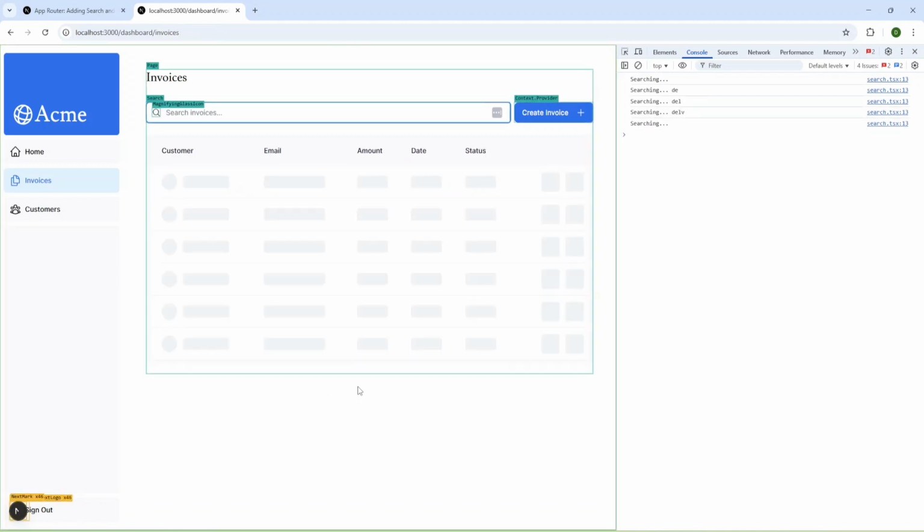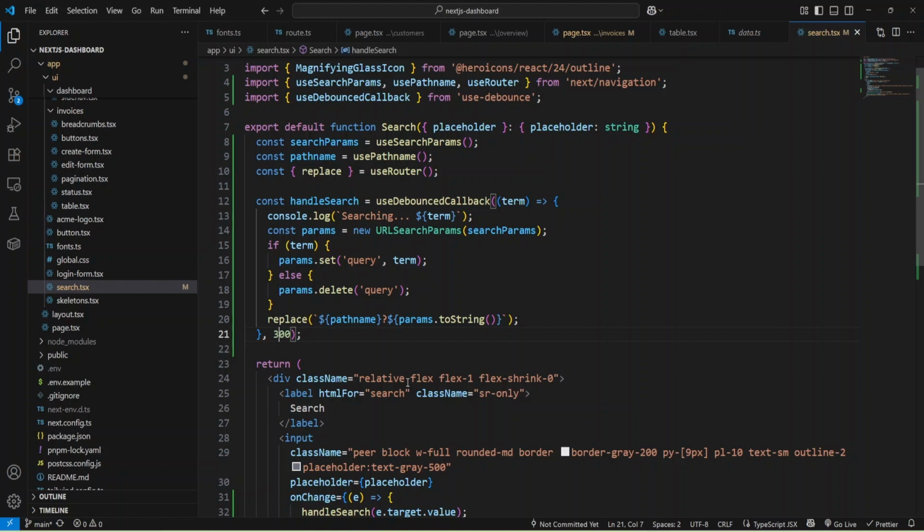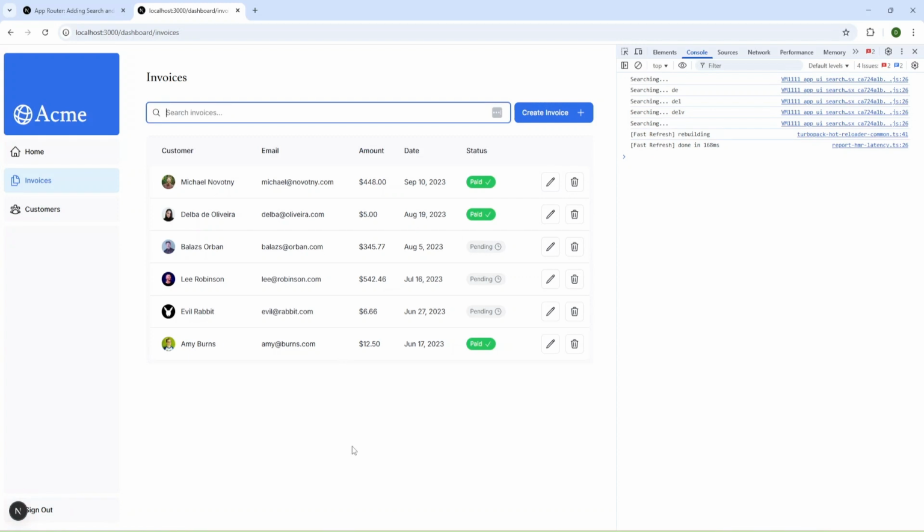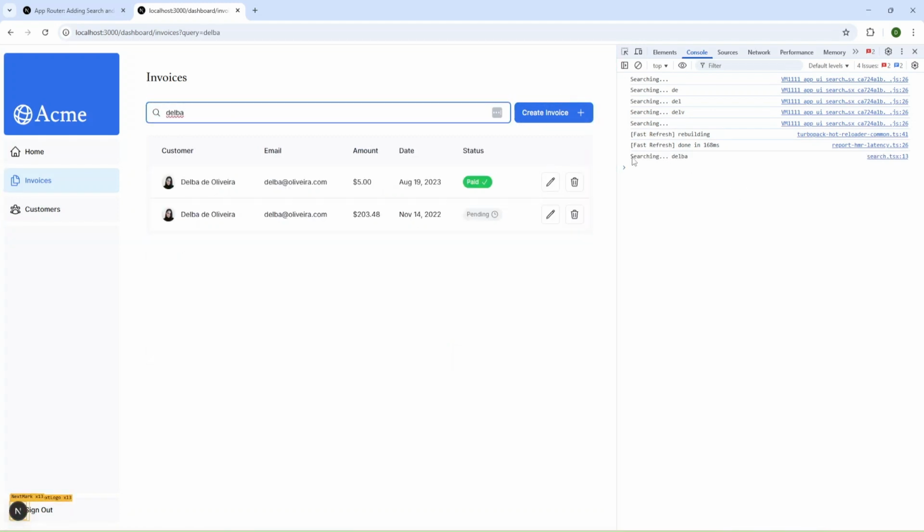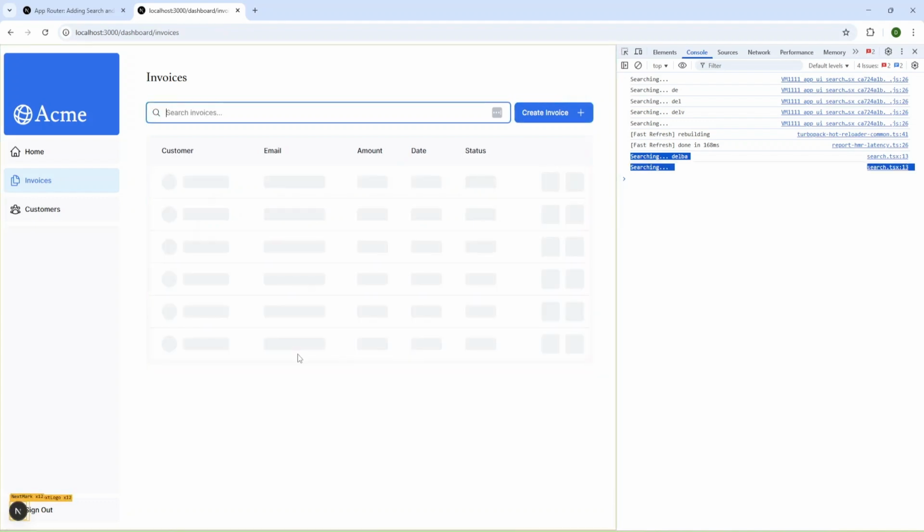I probably need to increase the timeout, and let's try now. Okay, and as you can see, I have only one searching console log, and only one request was sent to the server instead of 5 as previously, and that is a good performance optimization.